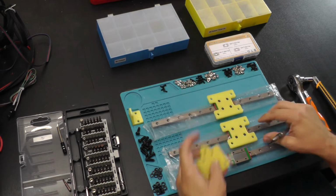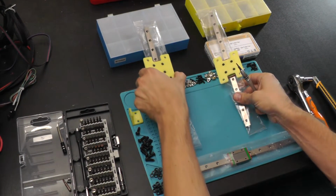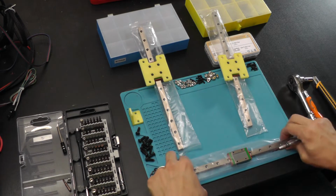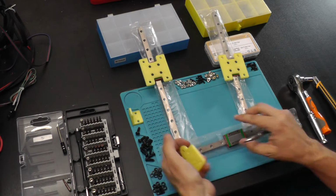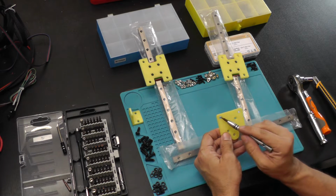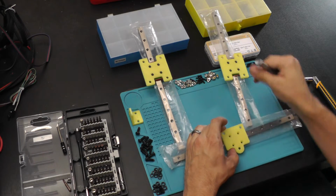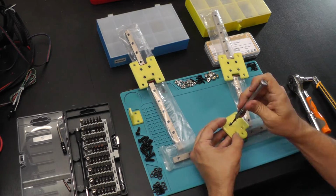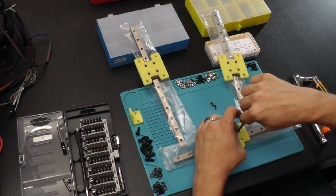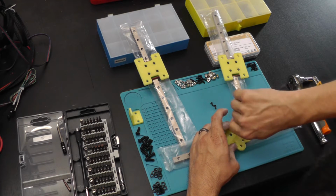And then the final one, so these are going to be moving along the Y-axis in this direction. This is the X-axis component. And on the X-axis, the two wheels are on the top and the one wheel's on the bottom. So this is going to go on in this orientation. Obviously, make sure when you're attaching this to not get your plastic stuck between them, otherwise you're going to be